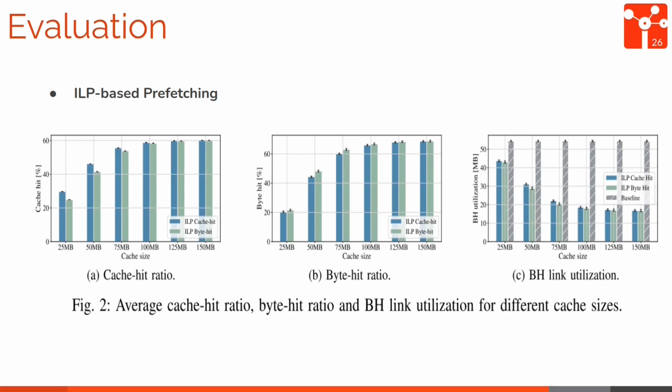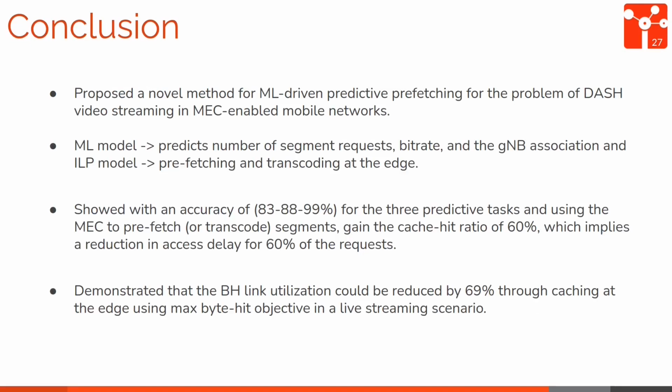And the last figure, figure C, is for bandwidth link utilization. This is compared with the baseline in which all the segments are served from the core and no prefetching is performed. Here we can observe that the ILP byte hit achieves the lowest bandwidth link utilization compared with the baseline. So in the conclusion part of this paper, the author proposed a novel method for